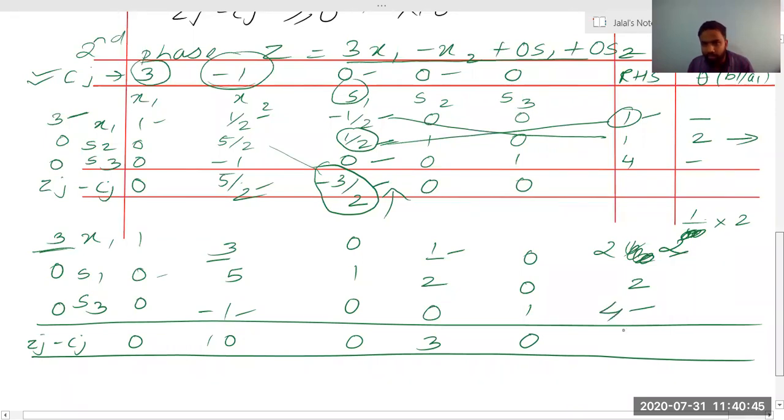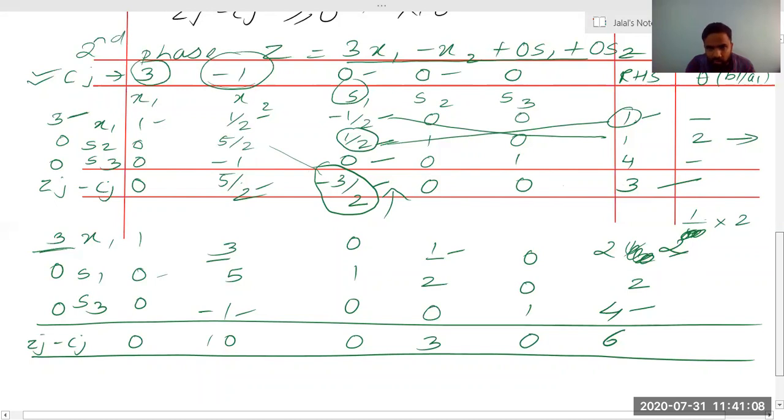Now if we need to find this value and we have not found it here, we can even find it here. This is coming out to be 3. Now we can find it here. 3 into 1 is 3. So 3 minus 0 will automatically be 3. So what we can do, 3 by 2 plus 3 by 2 will be 6 by 2. 6 by 2 is 3, 3 into 2 will be 6. We can do it either way. It will be a correct answer.